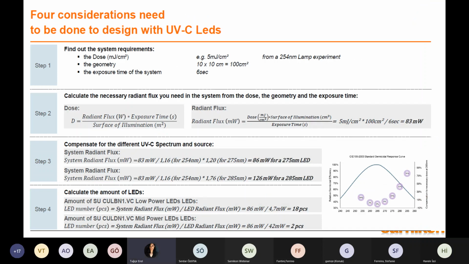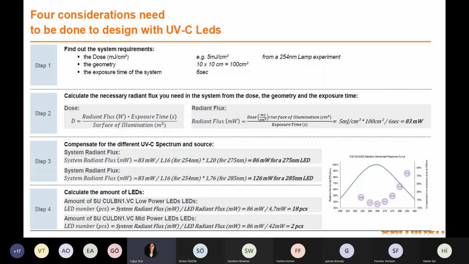As you know, as Sarnikon, we are the distributor of OSRAM. They have announced their new product line of UV lighting. They have low and mid power LEDs. Besides, they provide their customers system calculations, such as dosage and amount of LEDs. In this slide,